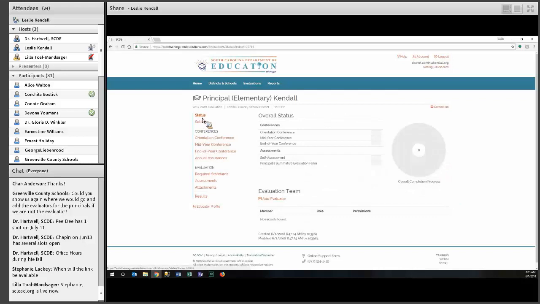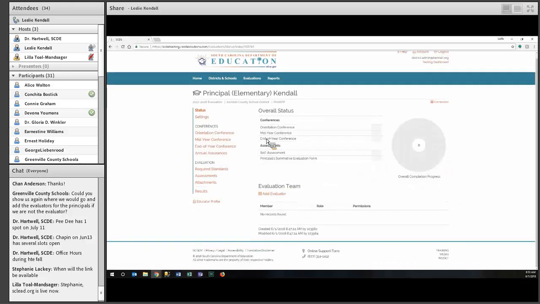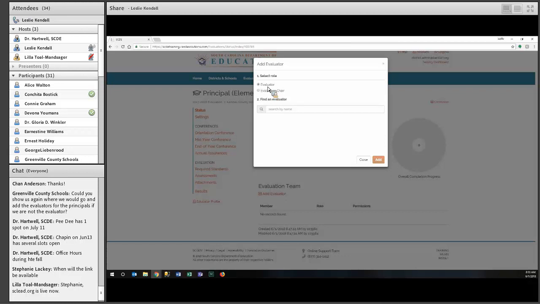Once the evaluation has been added, on the status page, there's a section for the status, and then below that is the evaluation team. And from here, the PADEP administrator can set the evaluation team, even if they're not going to be a part of the evaluation. So if you're setting someone else at the district level to do that evaluation for the principal, click Add Evaluator. Again, you'll select either the evaluator or the evaluation chair.